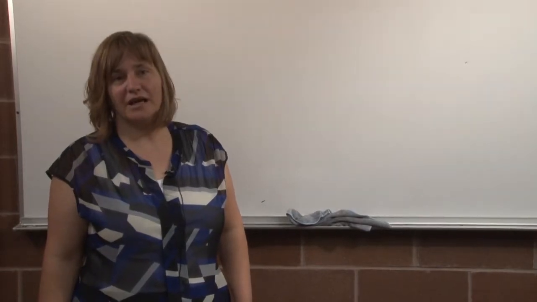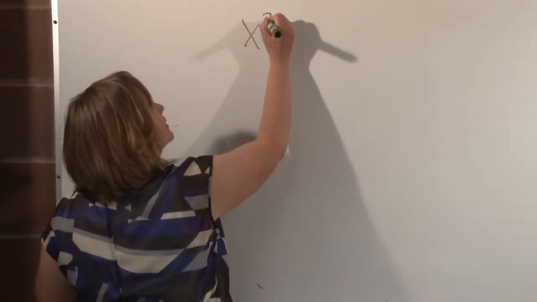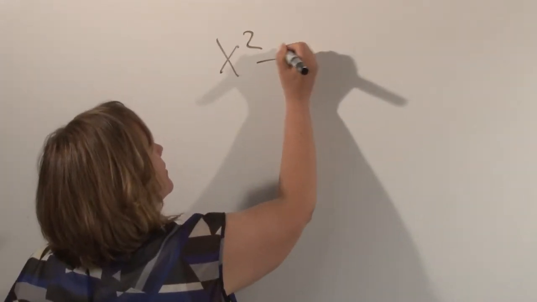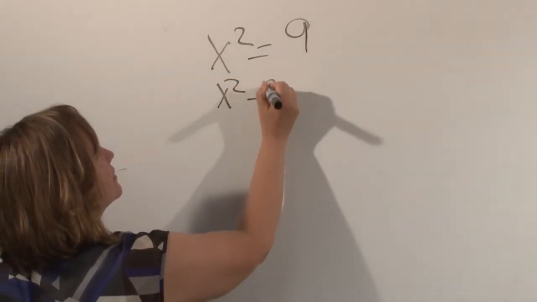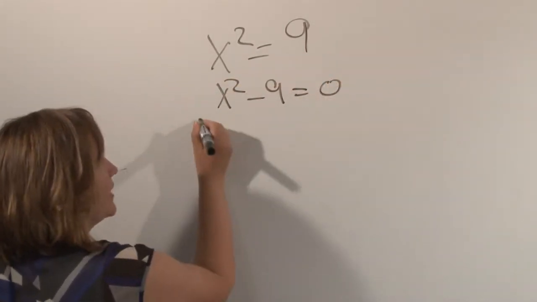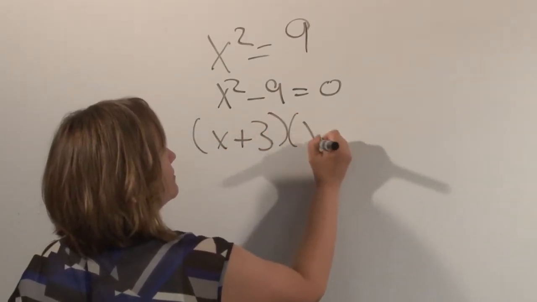Today we'll be looking at a continuation of solving quadratic equations. First we're going to look at what we did. We'll review real quick. Previously, if we had a problem like x squared equals 9, we got it equal to 0, and then we factored. Noticing that this is a difference of squares, we have x plus 3 and x minus